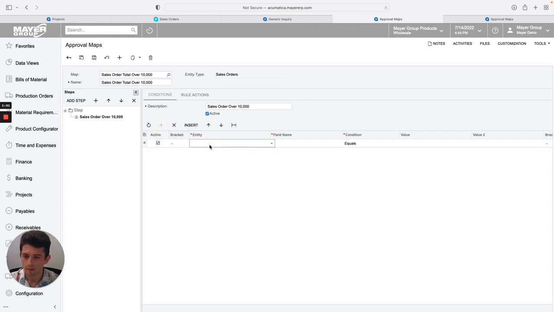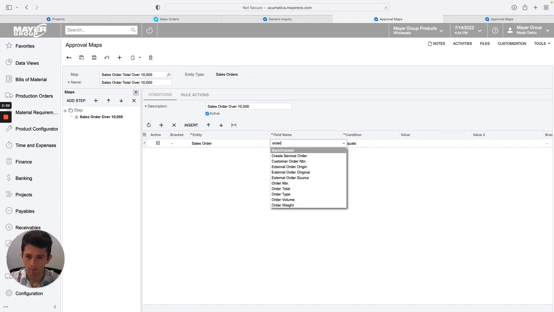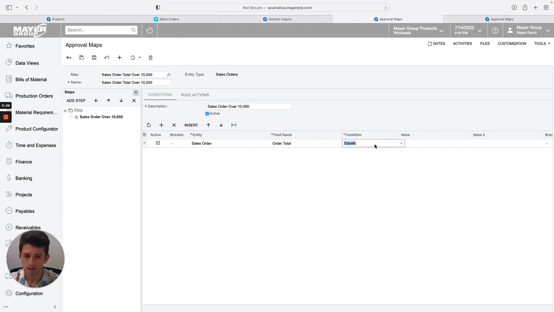In this case, I would then select my entity, which is going to be this section of the sales order screen that's going to again be triggering your approval. So in this case, it's going to be an order total, which would be pulled from the sales order rather than the sales order line. Within it, I'm going to find the field name that I'm using as my trigger. So in this case, I'm looking for order total. I would then choose my condition. So in this case, I want it to be greater than a value of